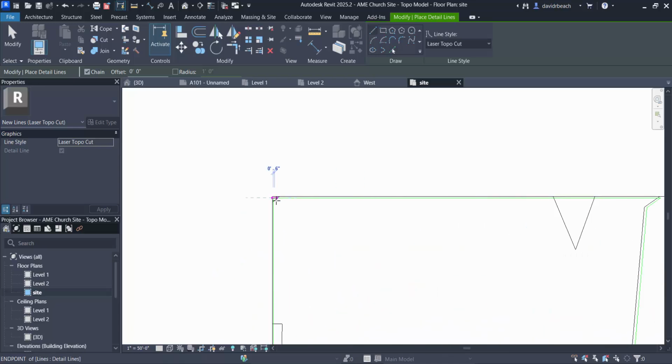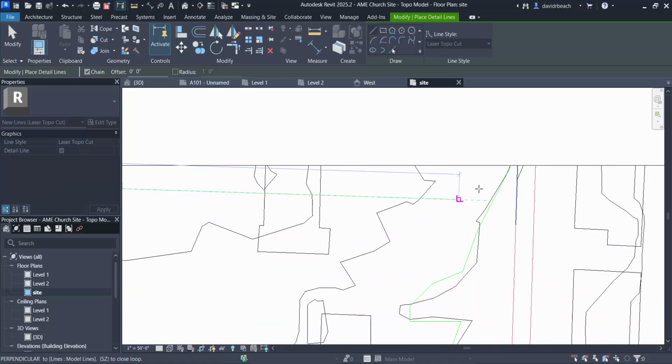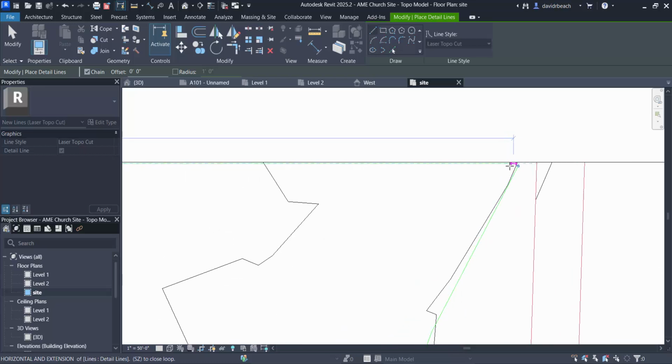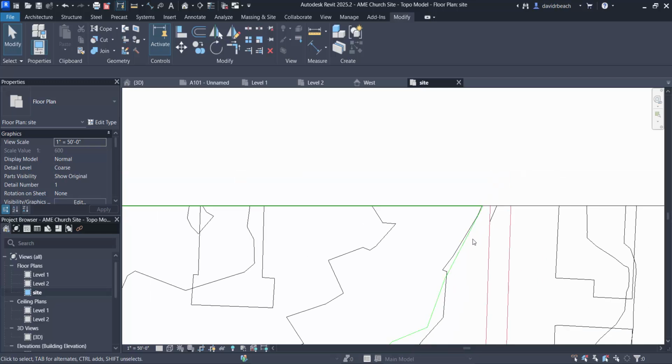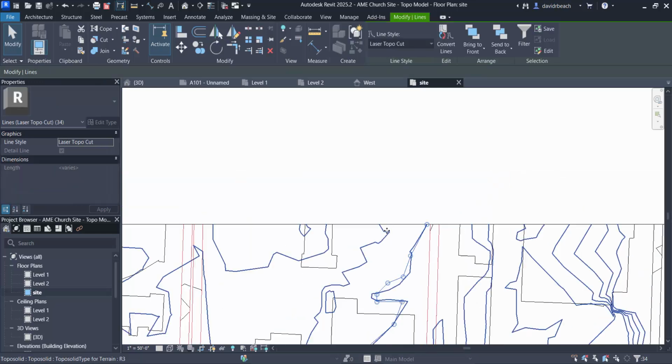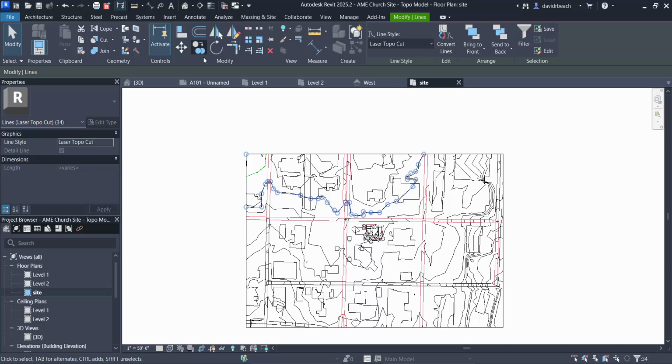That, and let's get this point from here to here, and trim those last two pieces together. And then I'm going to leverage my tab key to select all of that, copy,